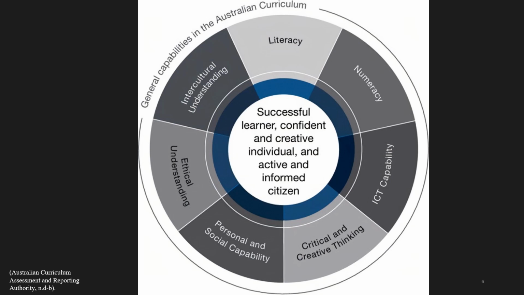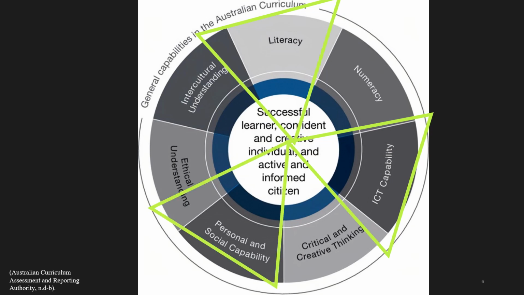This lesson touches on several general capabilities. Students use literacy to comprehend text through listening and viewing, ICT skills to investigate and create with ICT, personal and social capability as they appreciate diverse perspectives and understand how they can contribute to civil society. Additionally, students will use critical and creative thinking as they generate ideas and reflect on their thinking